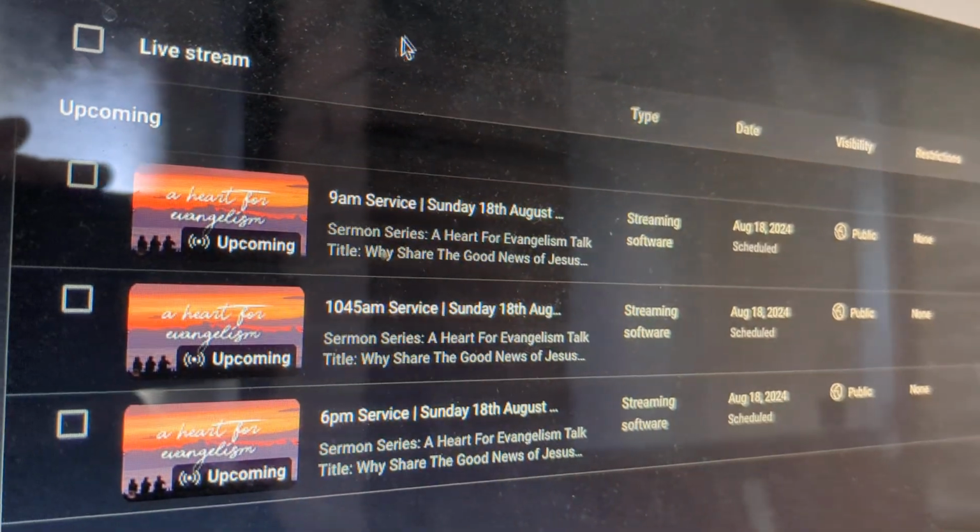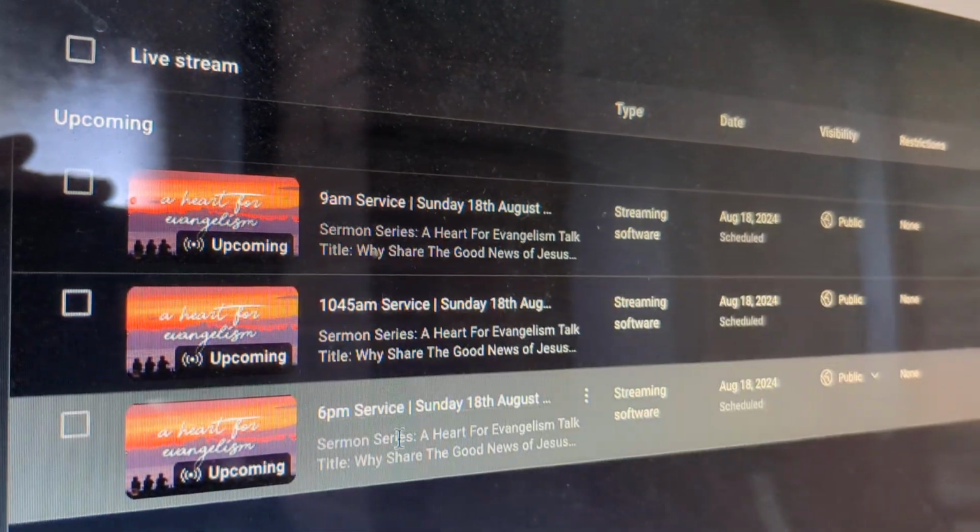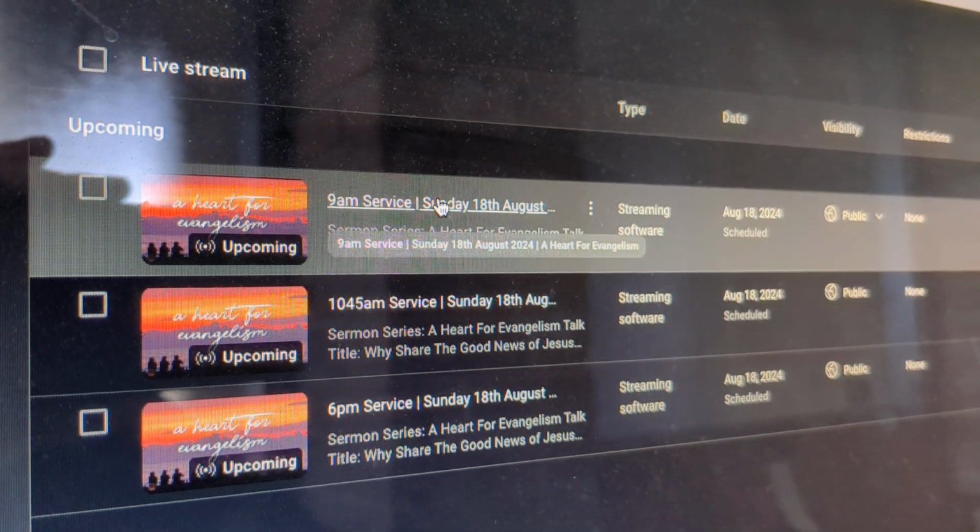And apologies, I haven't got screen recording software, but usually these will all be preloaded for you. So you just select which service you want, so say 9 AM. And then